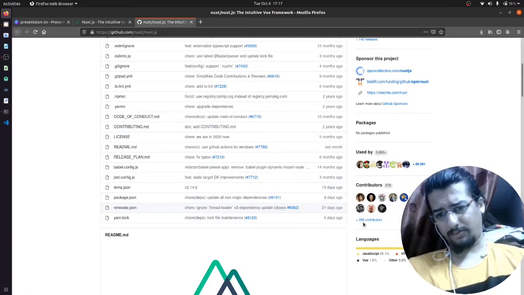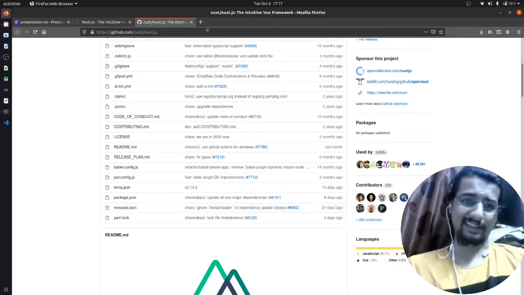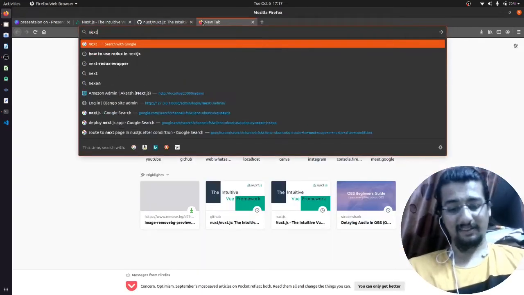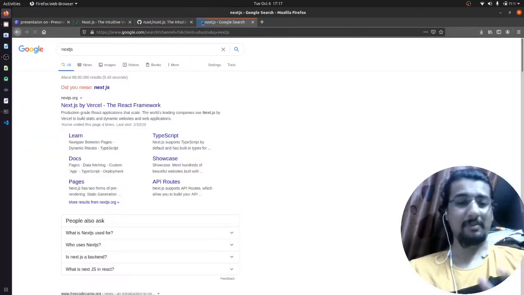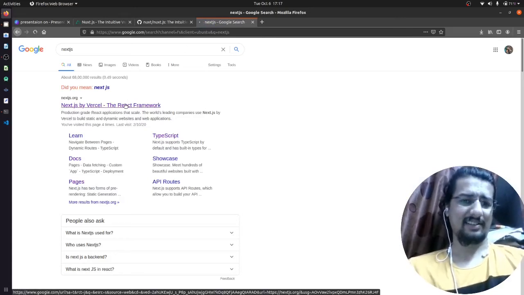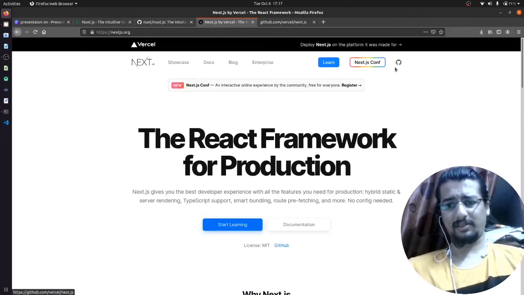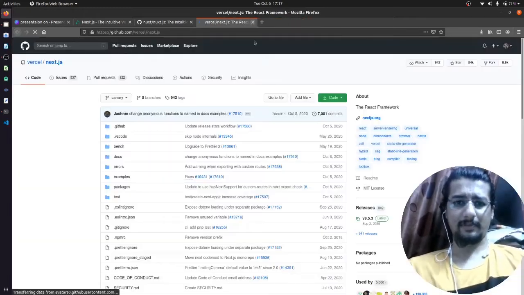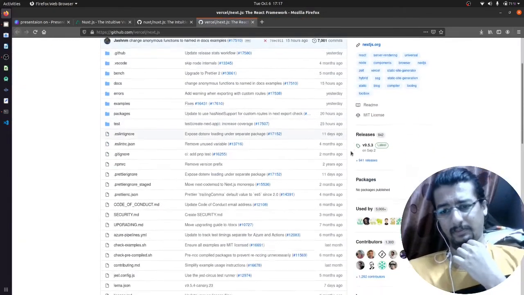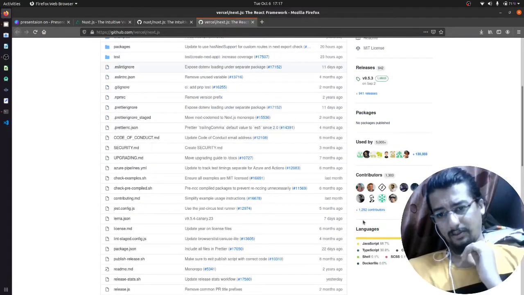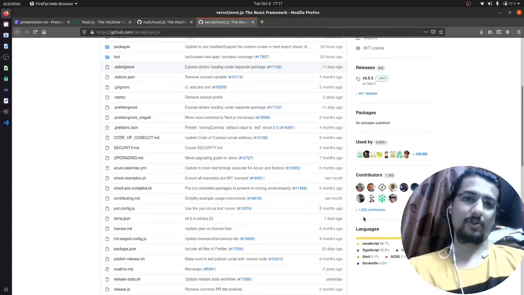You can see that we have approximately 280 contributors in Next.js, but if I compare it with Next.js GitHub, it has more than 1,000 contributors.